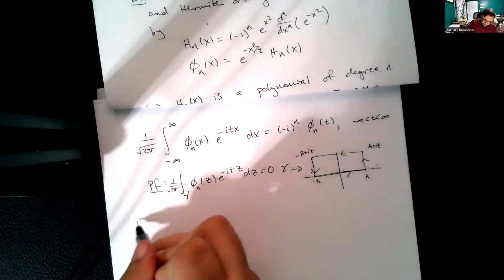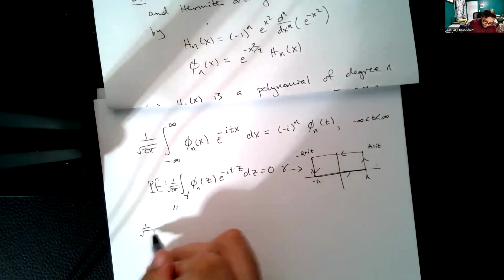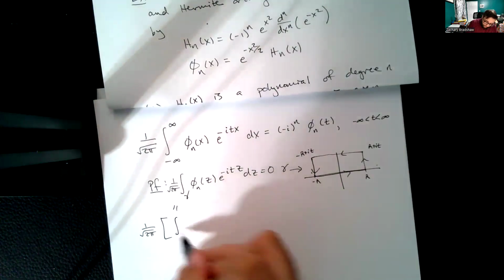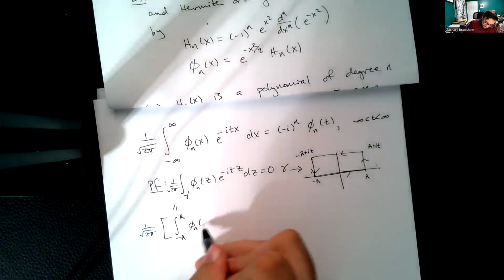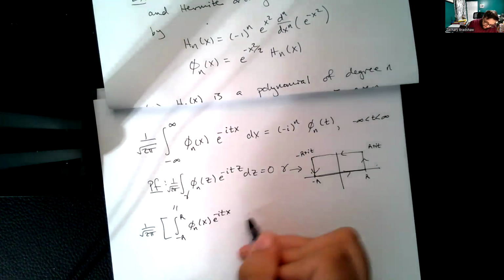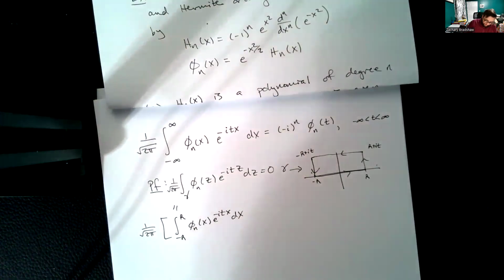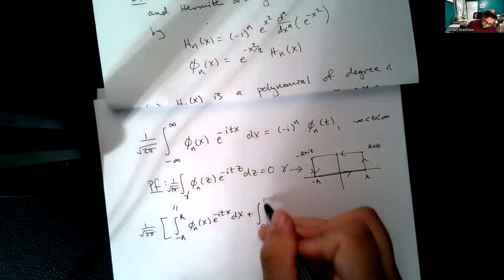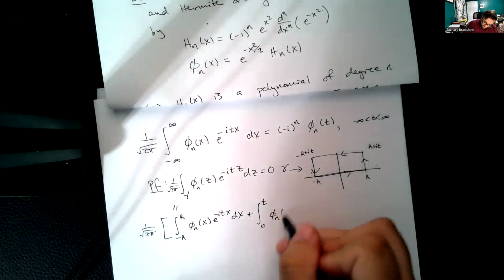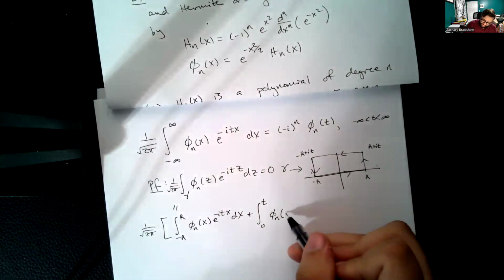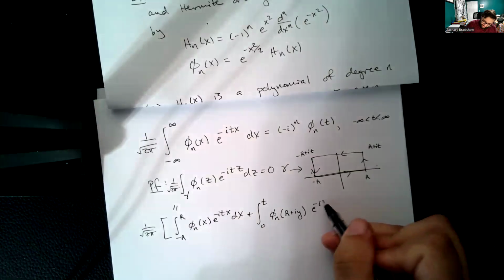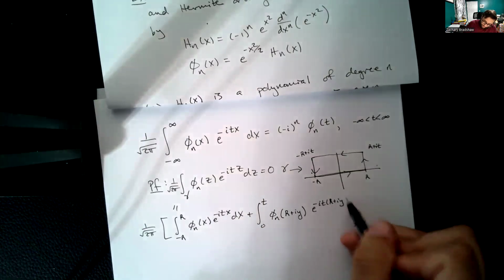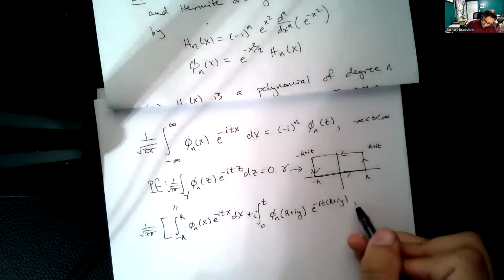But this integral is equal to the integral from minus R to R of phi n of x e to the minus i t x dx, plus the integral from 0 to t of phi n. So I've got to parameterize this guy again. This is R plus iy, e to the minus i t times R plus iy, and get an i and a dy,